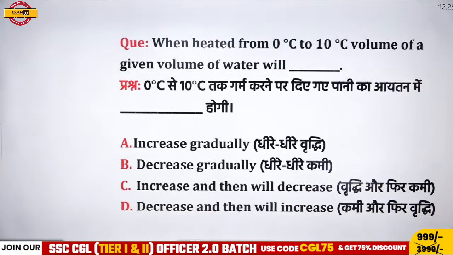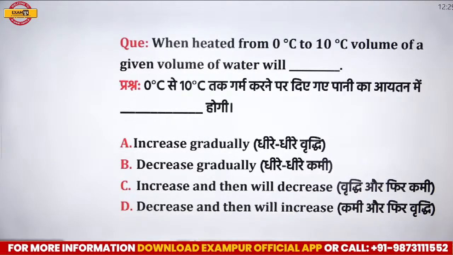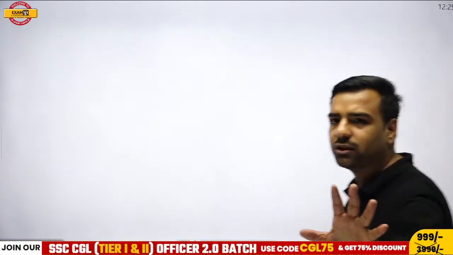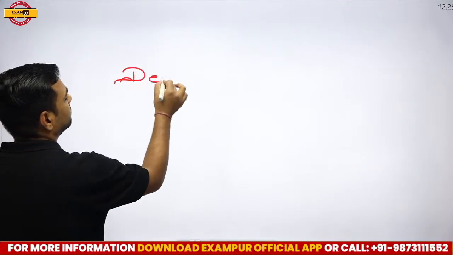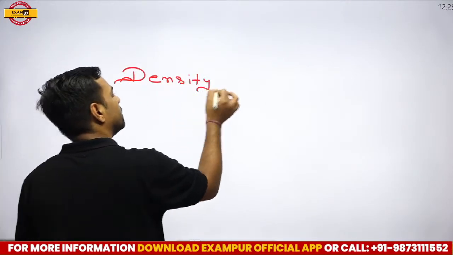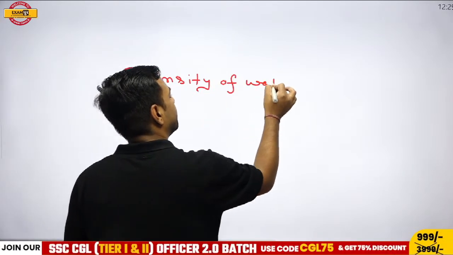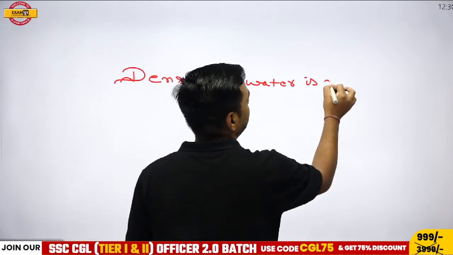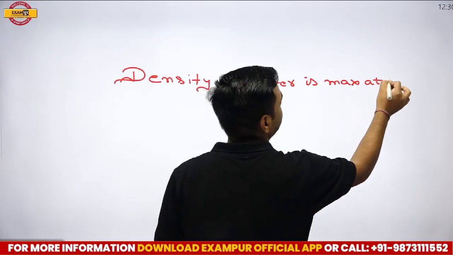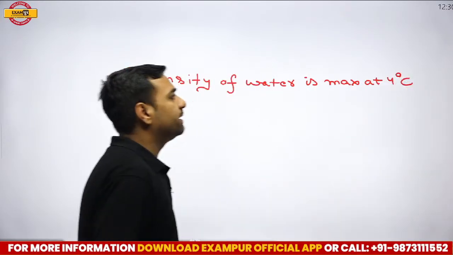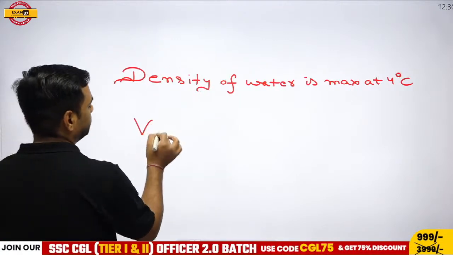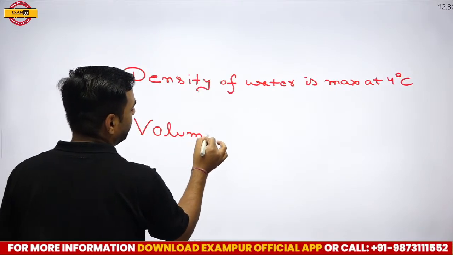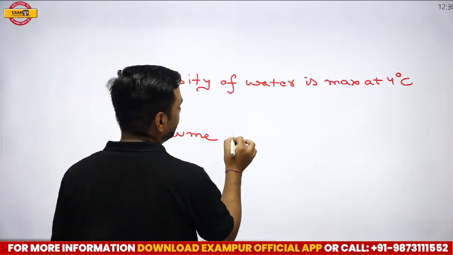Next question is, when heated from 0 degrees centigrade to 10 degrees centigrade, the volume of a given mass of water will dash. Now, before asking the question, I want to explain this part. When we talk about the density of water, the density of water is maximum at 4 degrees centigrade. You should remember this part. But if I talk about volume and check it with the graph, it is going to be minimum